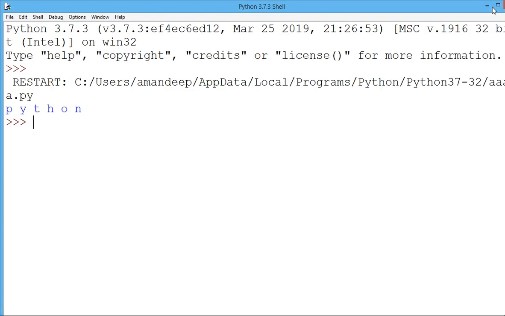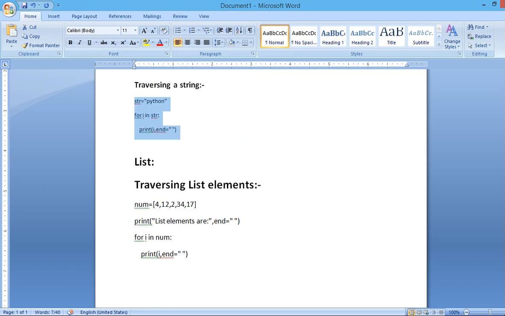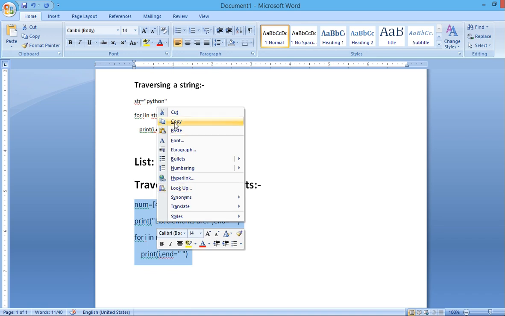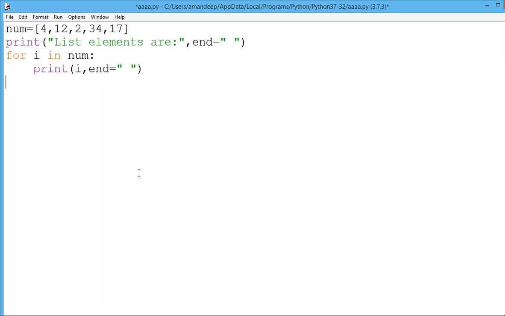Now the next program is for list. For list you can see the first program, traversing a list. This is the list. One more thing, you can see the brackets. In a list we always use these brackets. And here is the variable in which this list is stored.